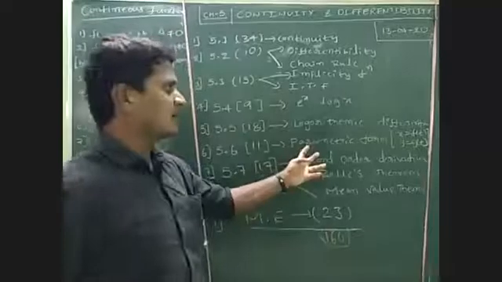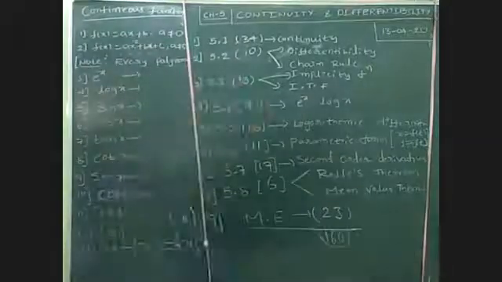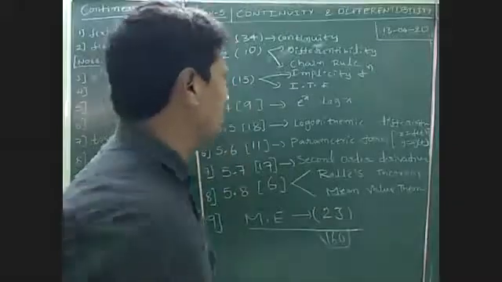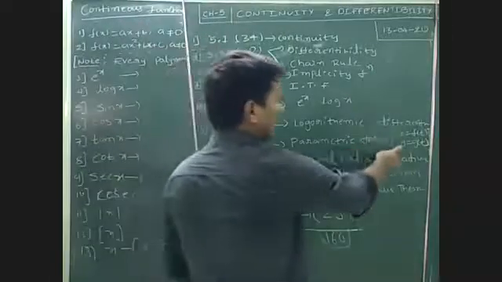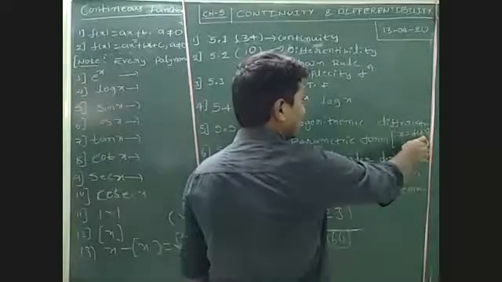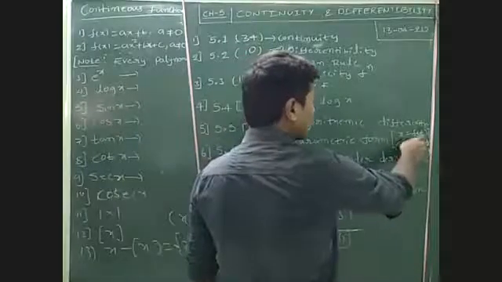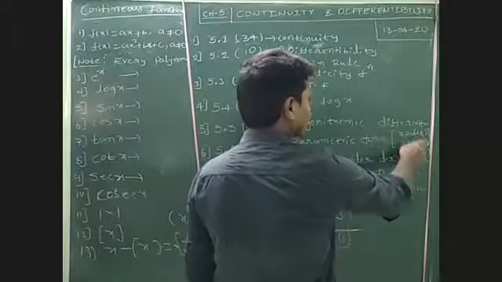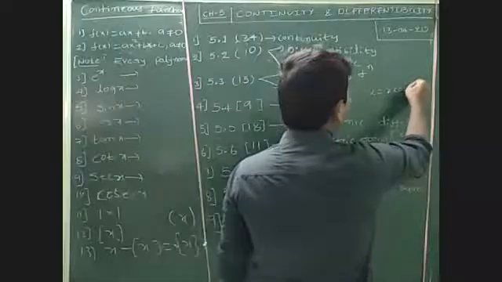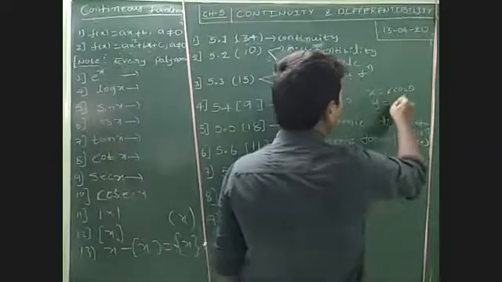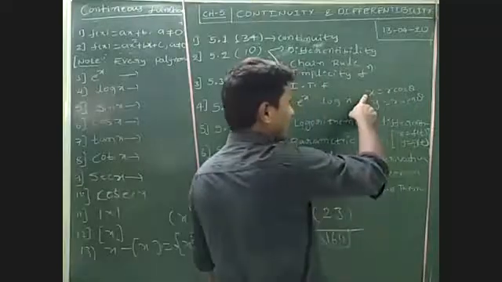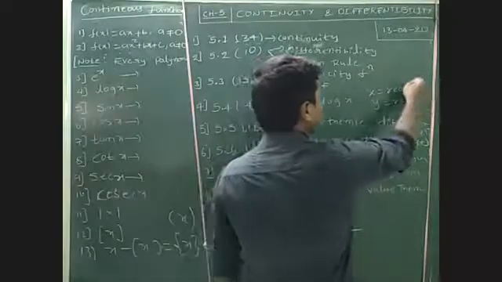parametric form. We already studied parametric form with the circle and everything. What are the parametric equations of a circle? It means x and y are the variables. We can express them in some other variable, like t or theta. You can take f of theta, g of theta. For example, the circle's parametric equations are x is equal to r cos theta, y is equal to r sin theta. See, we expressed the variables x and y in another variable, theta.